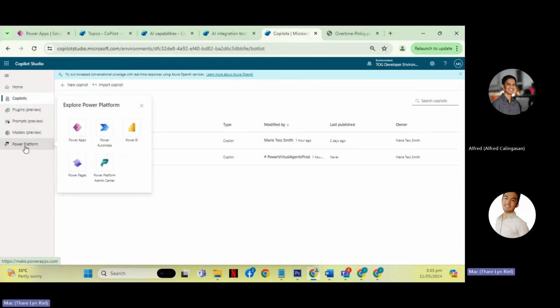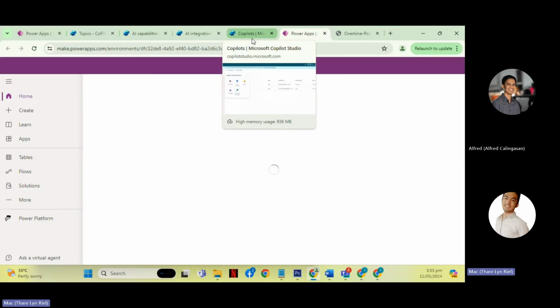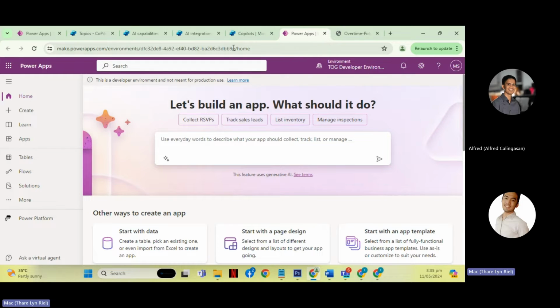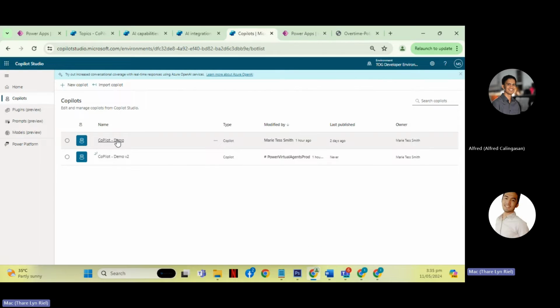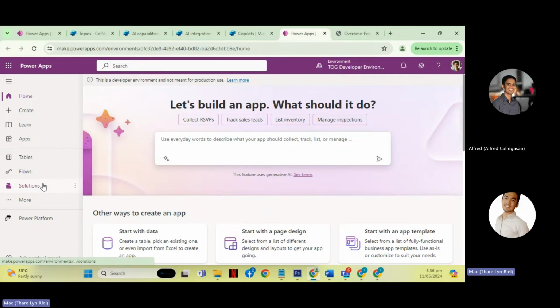But before we create a copilot, it is standard to create a solution first on the Power Platform. The reason is that we are not going to develop a copilot directly on a prod environment. As developers, we develop it on a developer environment, and then deploy it to the succeeding environments like QA, UAT, and lastly prod. So for easy deployment,